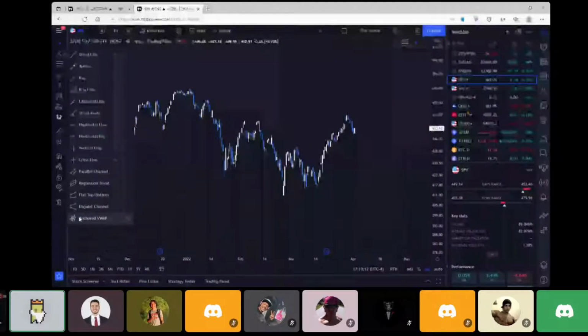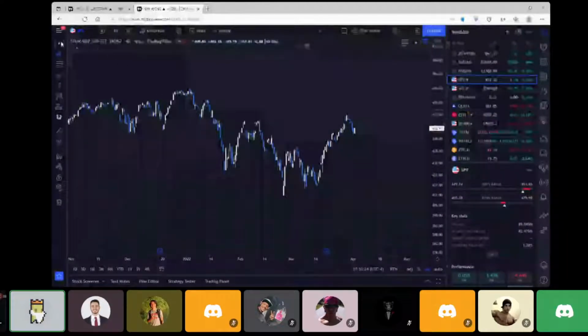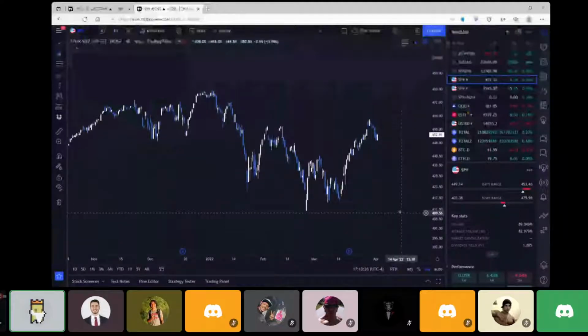I also found it interesting that, very recently, they added anchored VWAP to the trendline tab on the tool side on TradingView, and this is very, very useful. I use it all the time. It's a very quick way, right? Instead of going up to your indicators, which we'll be talking about in a second, to find an anchored VWAP,